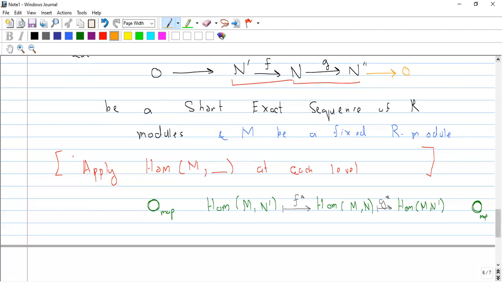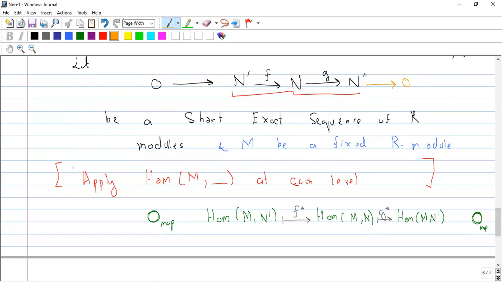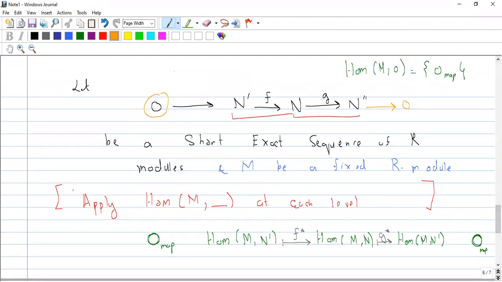ओके, तो दैट्स वाई जो इमेज ऑफ जी है, सॉरी कर्नल ऑफ जीरो बेसिकली पूरा N double dash होता है, तो दैट्स वाई इमेज ऑफ जी पूरा N double dash के बराबर है। सो एक्चुअली ये जीरो इस बात की गारंटी दे रहा होता है दैट दिस मैप इज सर्जेक्टिव, एंड ये जीरो इस बात की गारंटी दे रहा होता है दैट दिस मैप F इज इंजेक्टिव। और बाकी शॉर्ट एग्जैक्ट सीक्वेंस के लिए एक और कंडीशन होती है दैट इमेज ऑफ H इज इक्वल टू कर्नल ऑफ G। अब ये वाली चीज एक्चुअली एक थ्योरम है जिसको मैंने इनिशियली थ्योरम की फॉर्म में मेंशन नहीं किया था